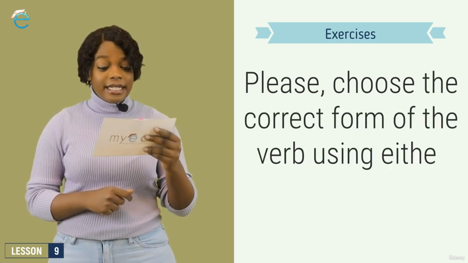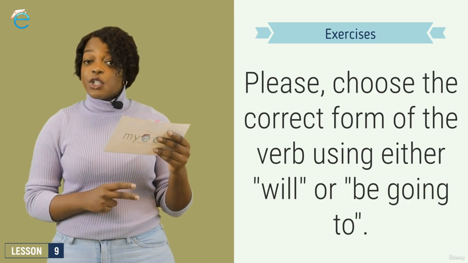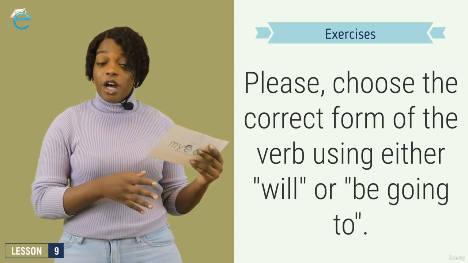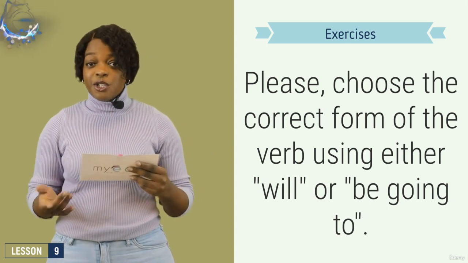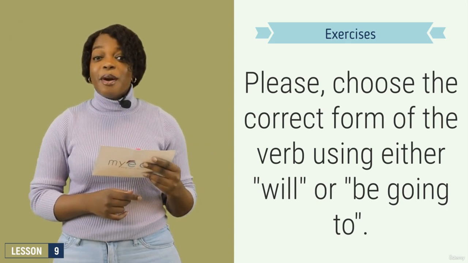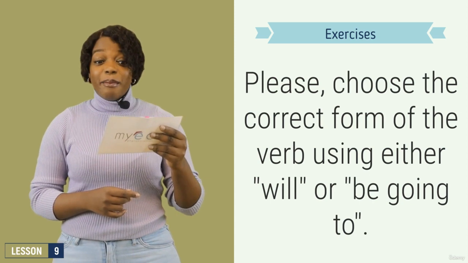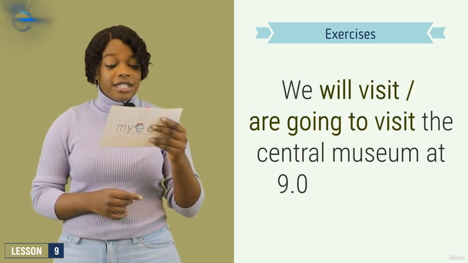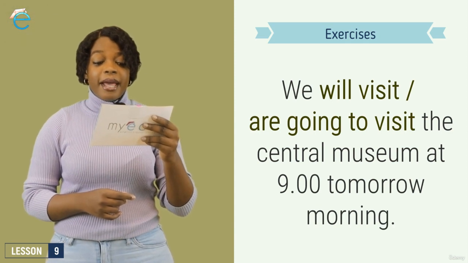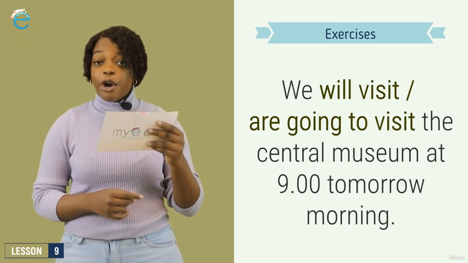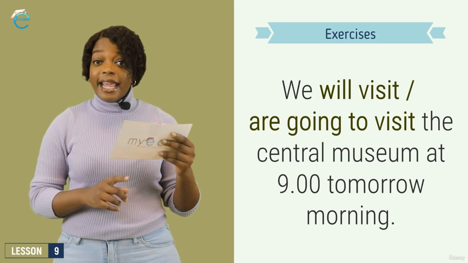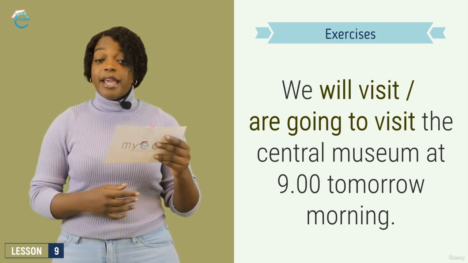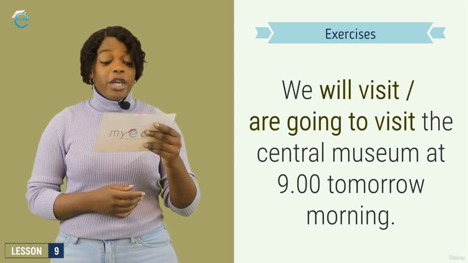We have some sentences here, and they give us 2 options. We're going to choose if it's the will option or the be going to option that is more appropriate. Number 1, we are going to visit the Central Museum at 9 a.m. tomorrow morning. 9 a.m. tomorrow morning is showing a plan in advance, so we use